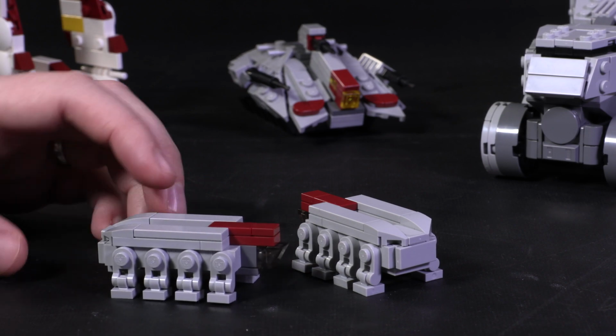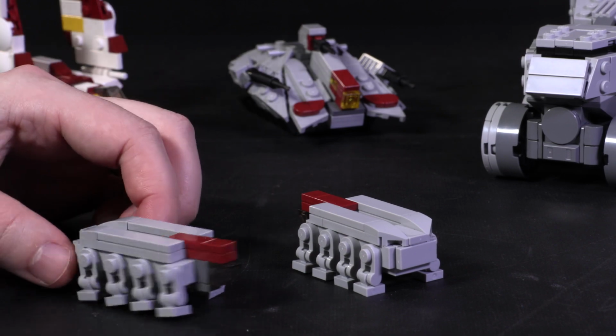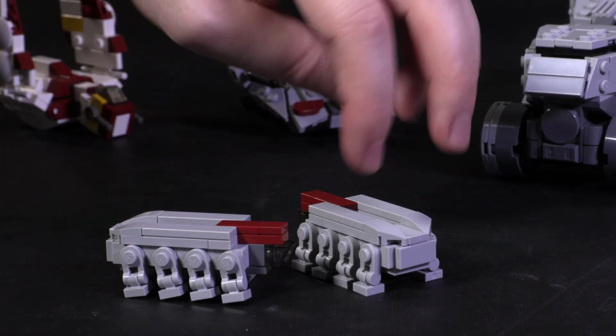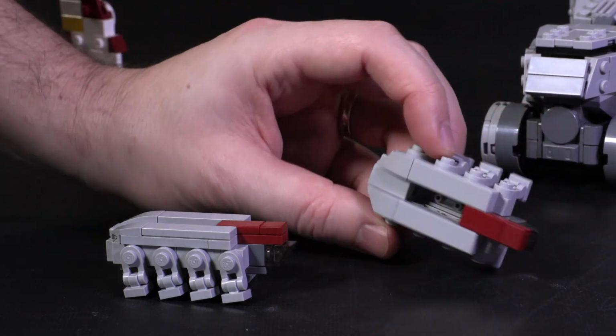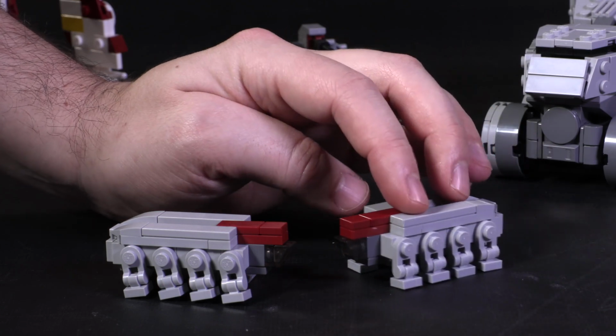seen combat towards the end of the war, which makes me wonder if it got repurposed for non-military uses after the fighting ended, considering it's mostly just a walker that transports people around. All in all, this is a fun little simple LEGO model that works well to fill out a larger convoy